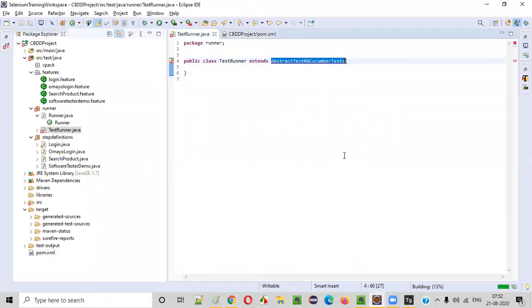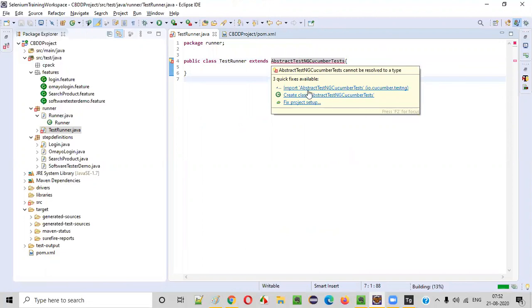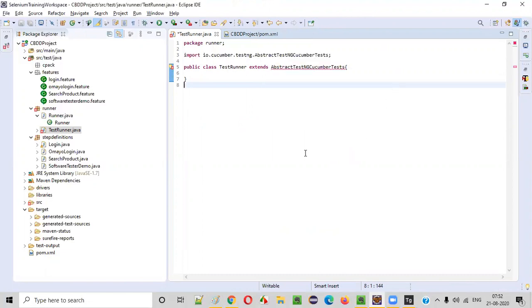This particular class is from the Cucumber TestNG jar, which is why we have to put the dependency tags in the pom.xml file. Then only you will be able to import this. So you see you are already getting the import statement. Let me import this class from io.cucumber.testng.